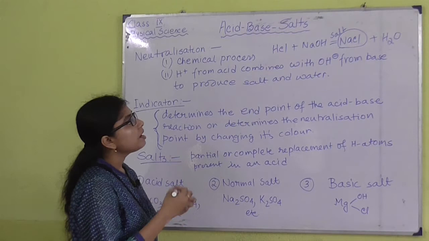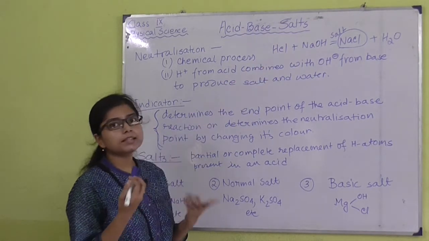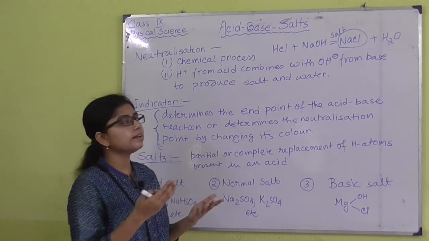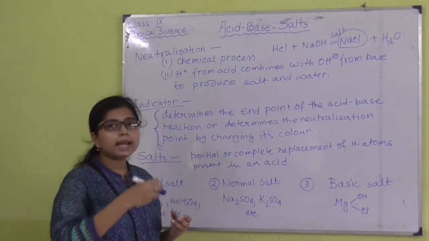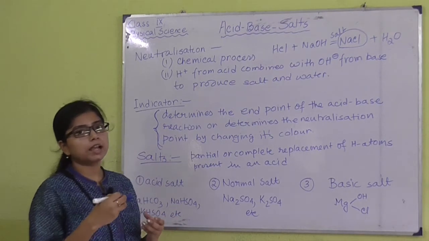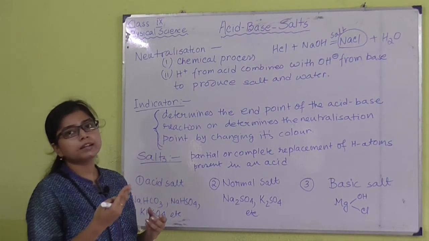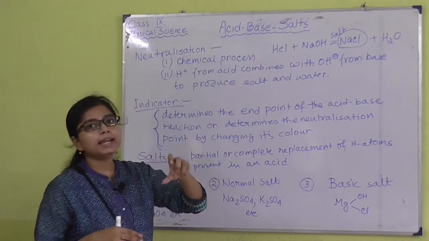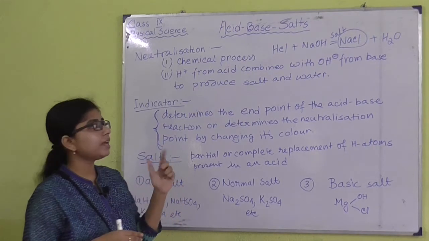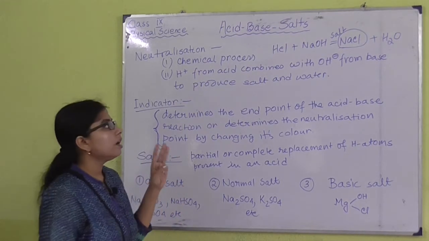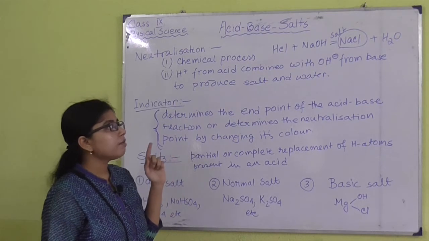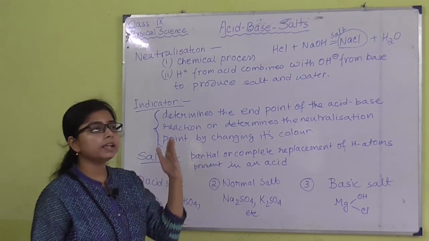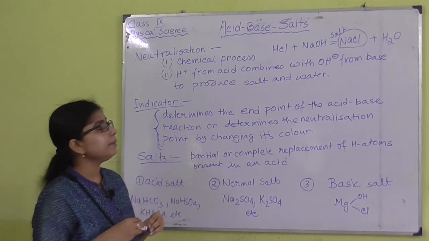point of this reaction, but we know that HCl is colorless and NaOH is also colorless. They are like just water, colorless. So we need to add something which can change its color to make us understand that the reaction is completed. So in this case, if we add any indicator like phenolphthalein, we have read about 3 indicators. One was litmus paper, one was phenolphthalein, another one was methyl orange. Okay, these 3 indicators are very common actually.